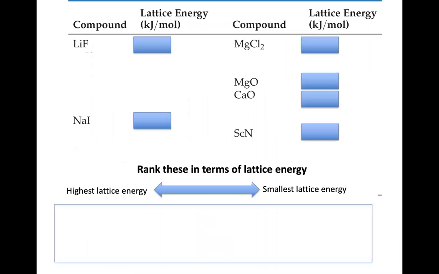Let's work through and see how this comes together. So at the top right here, I've got 1, 2, 3, 4, 5, 6 different ionic compounds. All of these include metals, nonmetals. These are all metal cations, nonmetal anions. So our task here is we want to rank these in terms of lattice energy. Out of these six different compounds, which has the highest lattice energy and which has